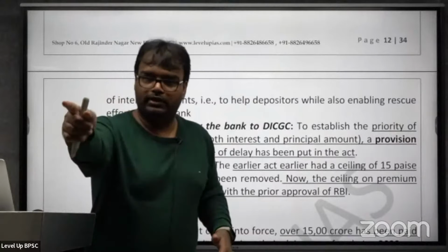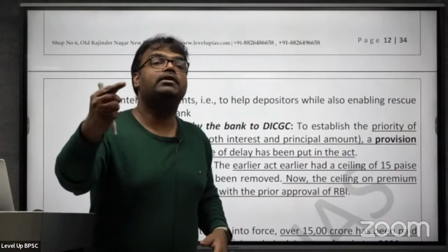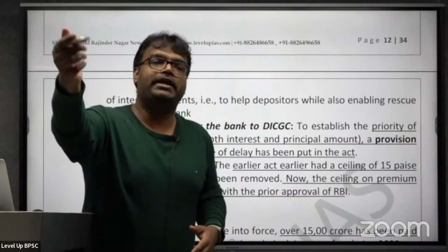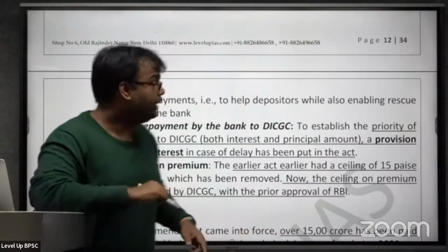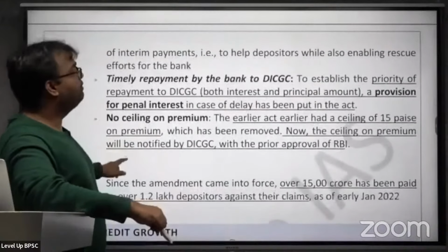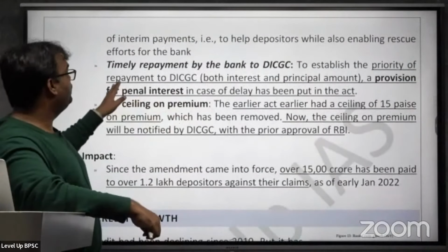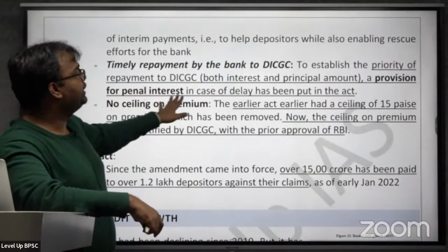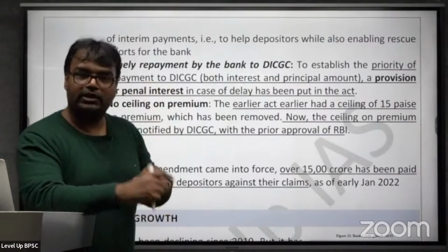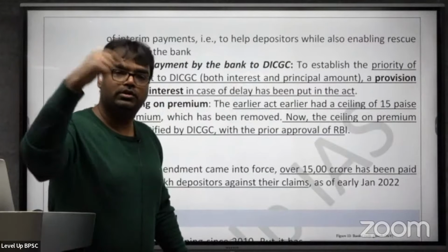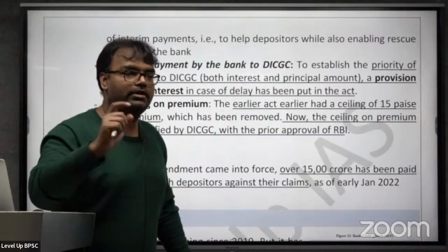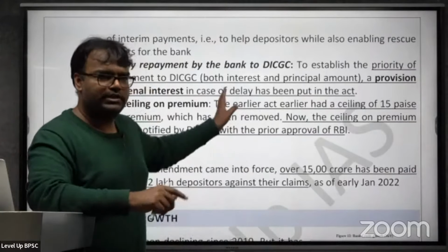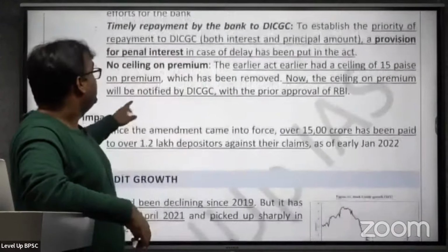So they may have to pay the money, but DICGC may defer it also to help revive the bank. Now, timely repayment by the bank to establish a priority of repayment to DICGC, both interest and principal, a provision of penal interest in case of delay has been put in the act. If the bank is not paying the premium amount in a timely manner, if the bank is not paying the money to DICGC in a timely manner, interest rate provisions have been introduced on that, and then there is no ceiling